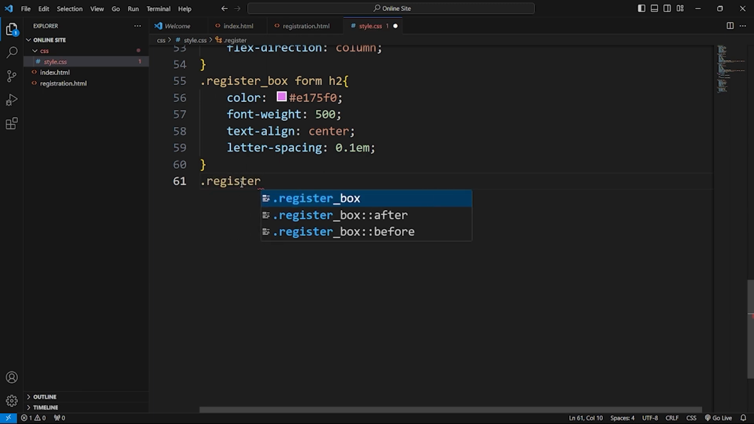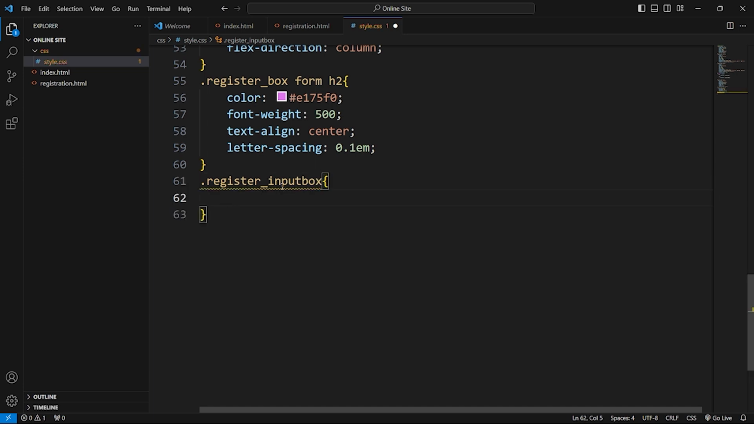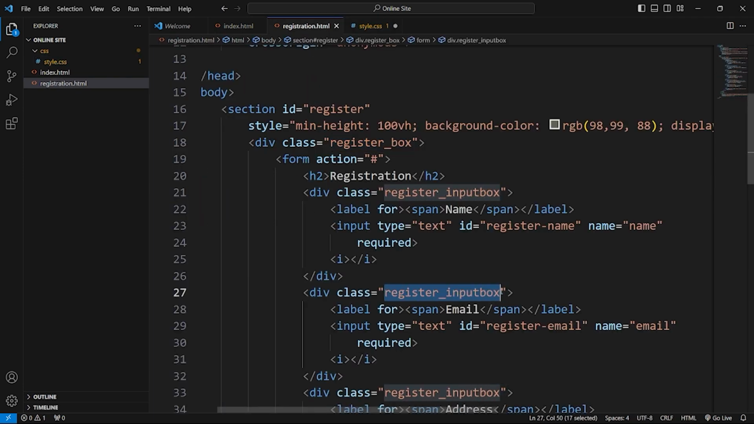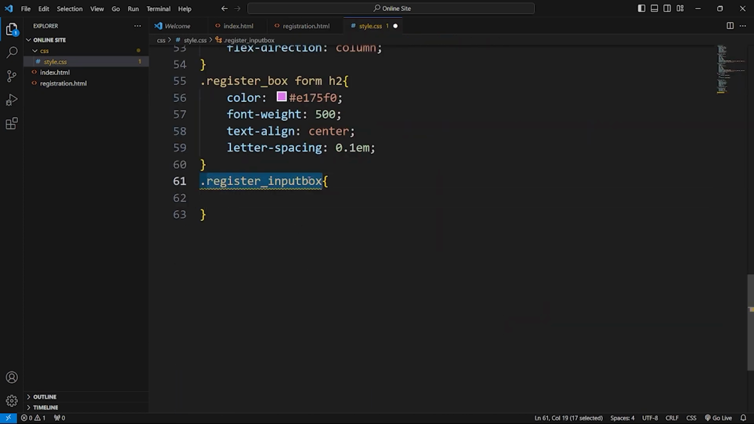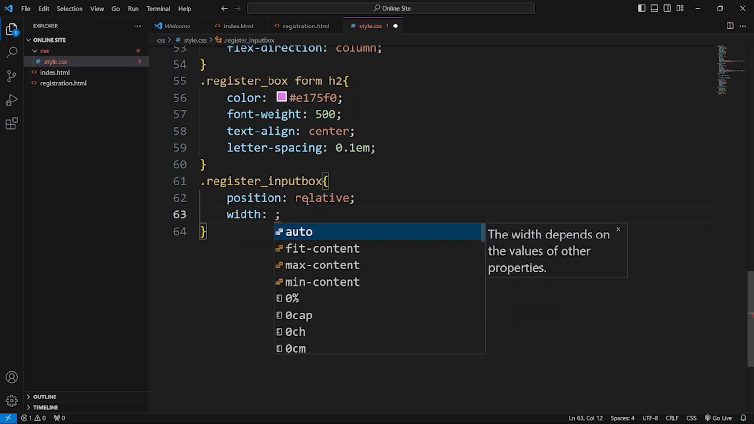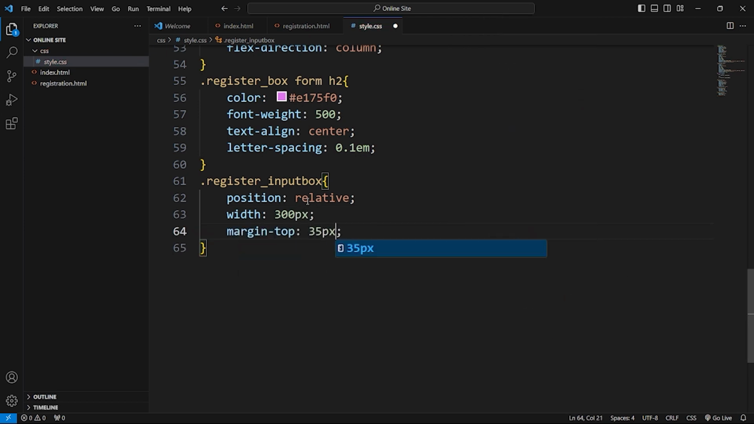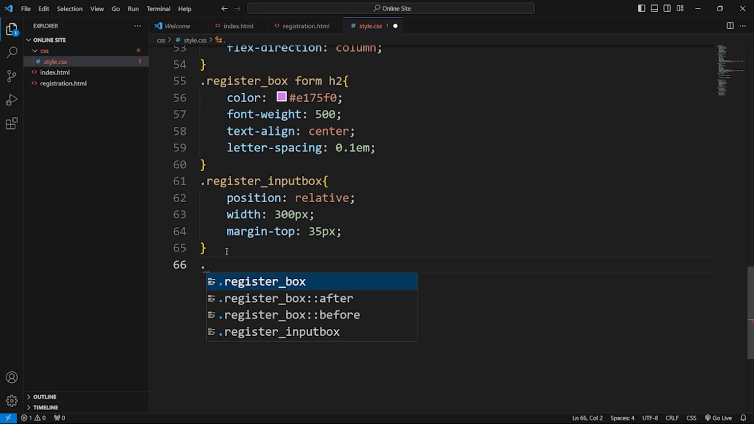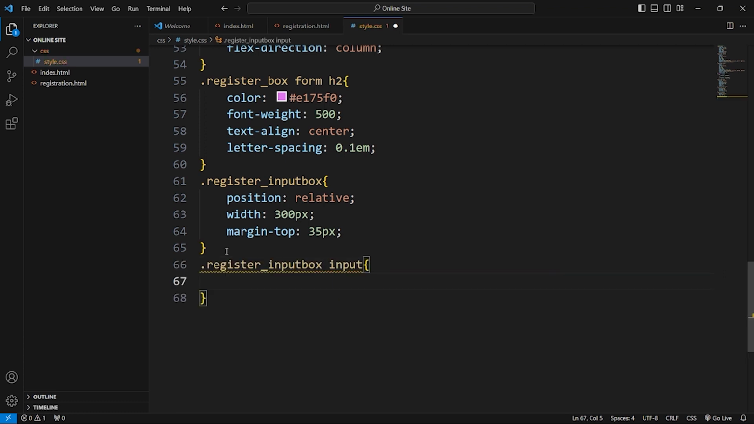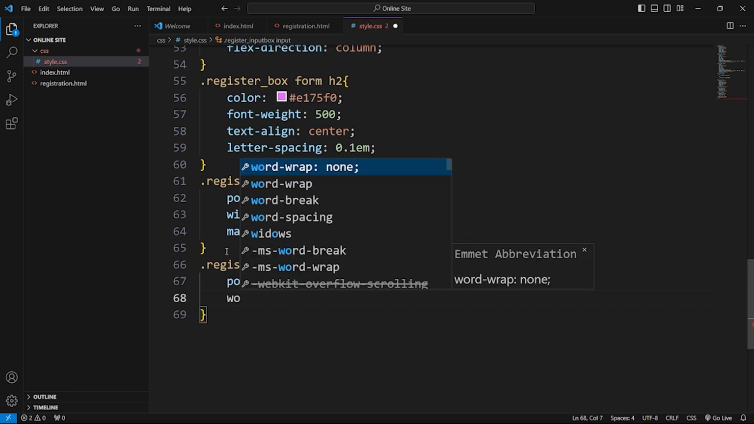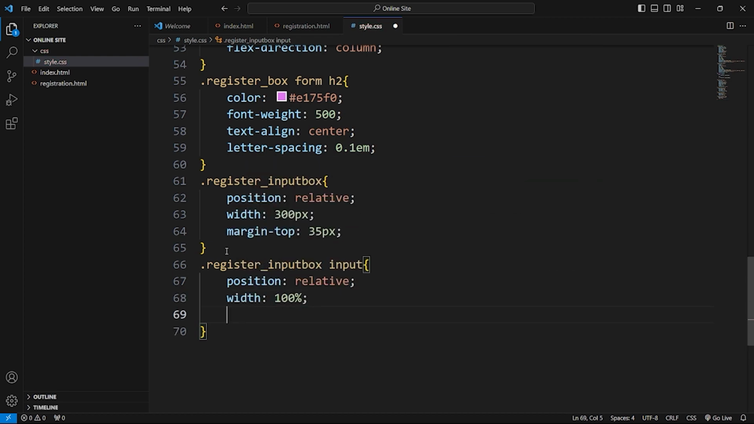input-box, which is going to be a div section, another div section, and register_input-box, position relative, width 300 pixel, margin 35 pixel, and in register_input-box input section, its position is relative, width 100% and padding 20 pixel 10 pixel and 10 pixel,